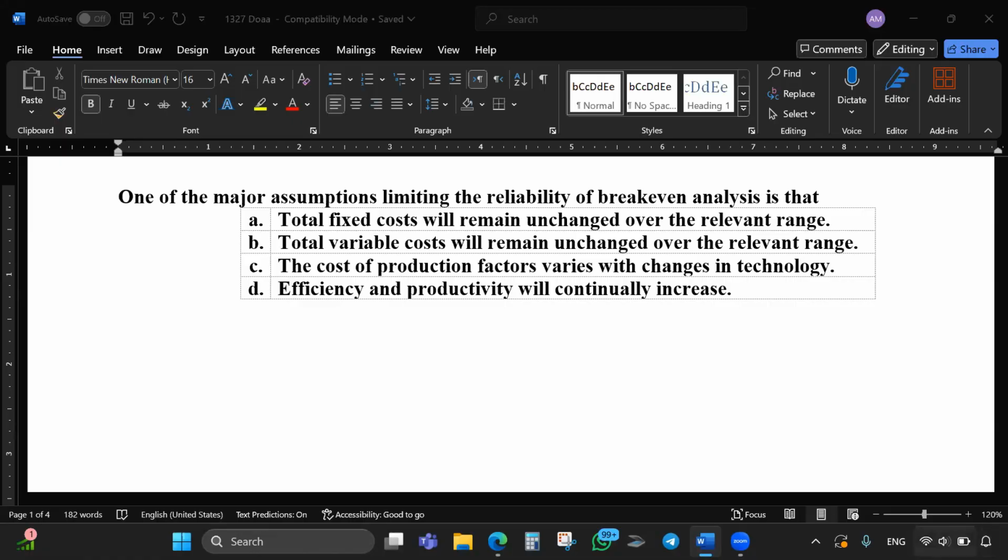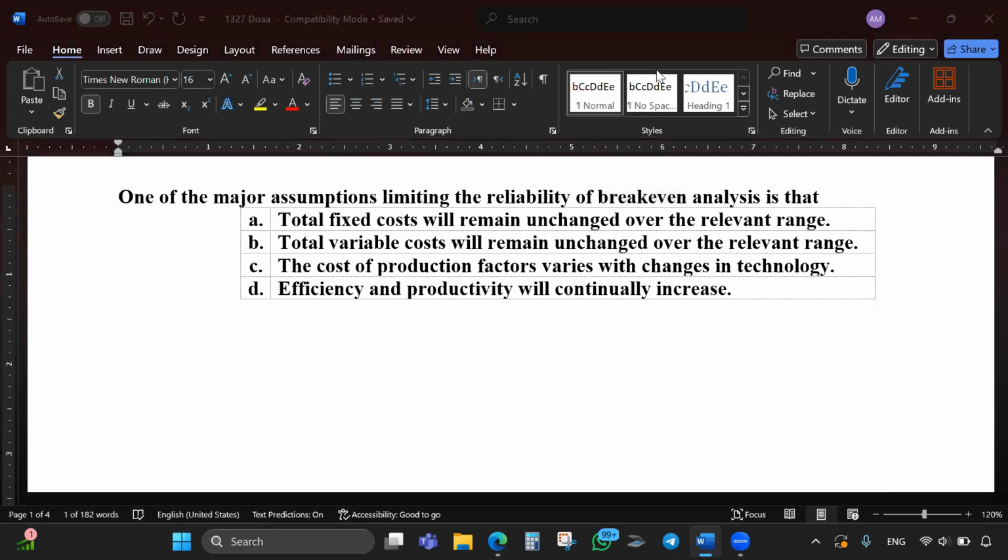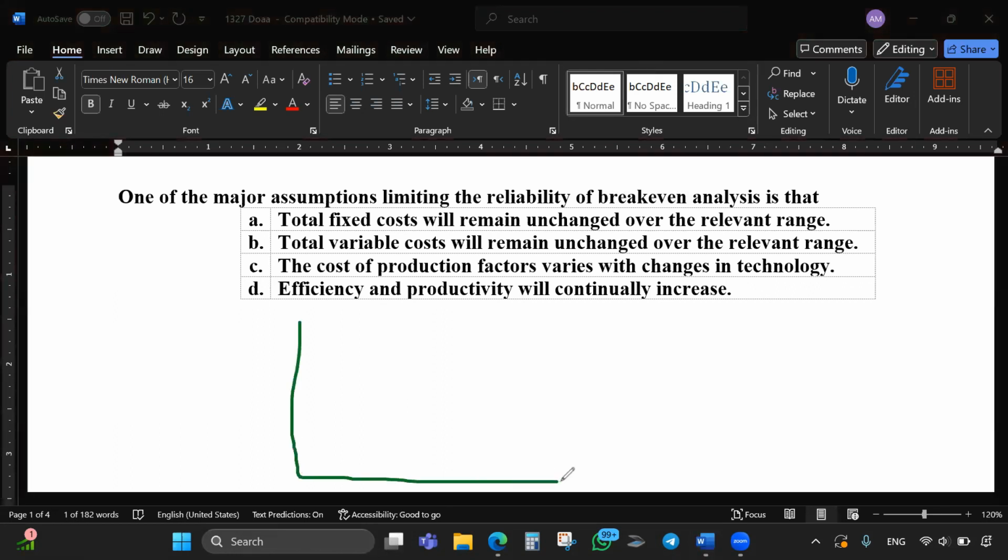One of the major assumptions limiting the reliability of break-even point analysis. Break-even analysis depends on the following graph, in which here on the x-axis we put the number of units produced, and here we put on the y-axis the cost in dollars. Whenever we increase our production, the line of the cost will increase. It begins from here because there is a fixed cost